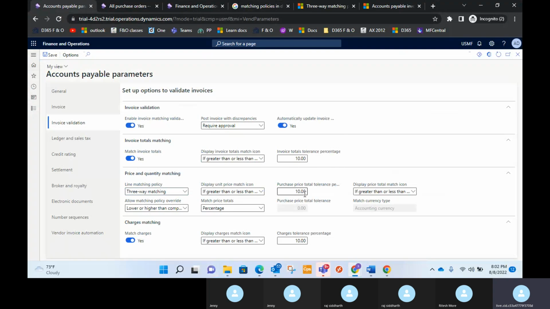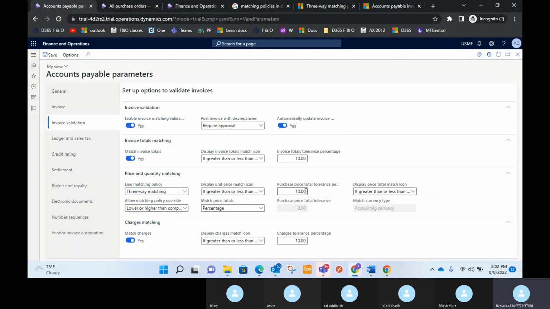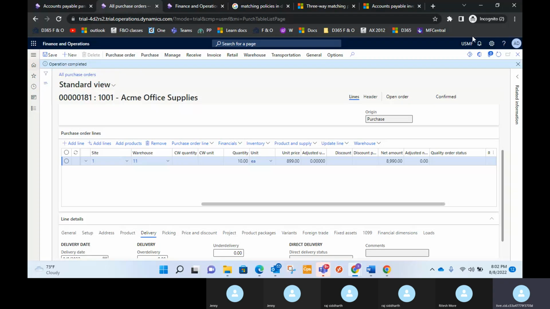See, the match price we have given for 10 percentage, right? And invoice total also we gave for 10 percentage. That means if it is greater than or less than the 10 percentage, it will process. We'll try to create this purchase order or this invoice for more than 10%, and we'll see what it says. Like we'll try to receive a product receipt for